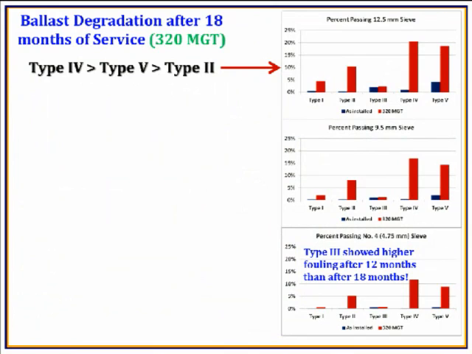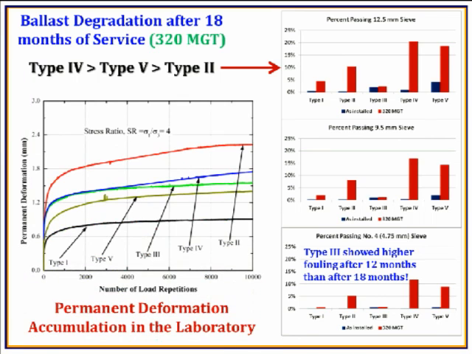TTCI provided us with again 5 different test materials after 320 MGT. Maybe it's a sampling error, but it had percent passing 12.5 millimeter. Based on the percent passing 12.5 millimeter, type 4 was greater than type 5 and greater than type 2, and after 12 months type 3 showed higher fouling after 12 months than after 18 months. And these are the results that we have got,